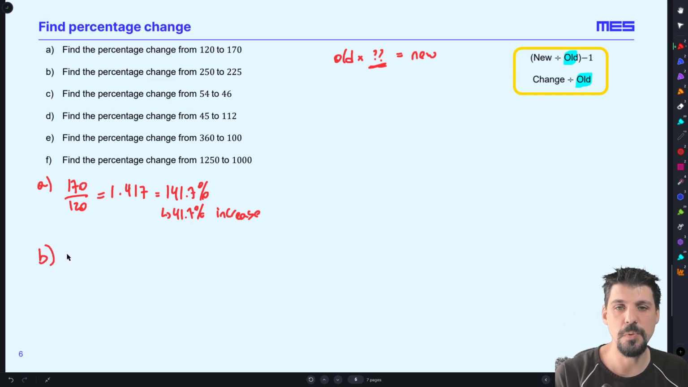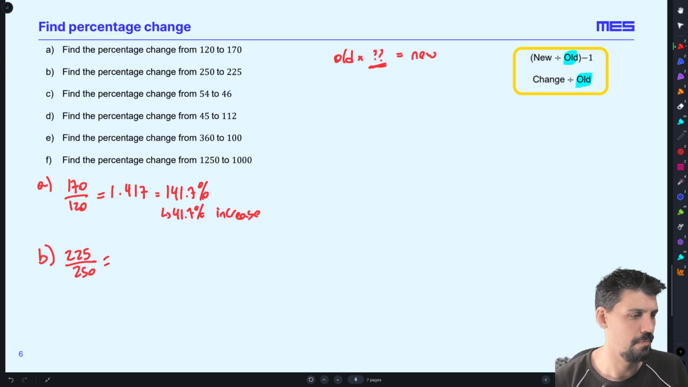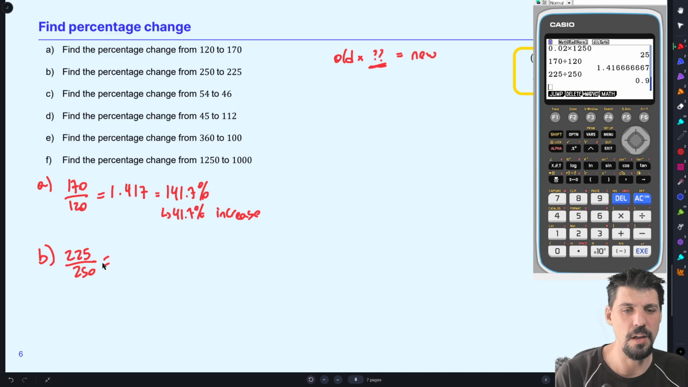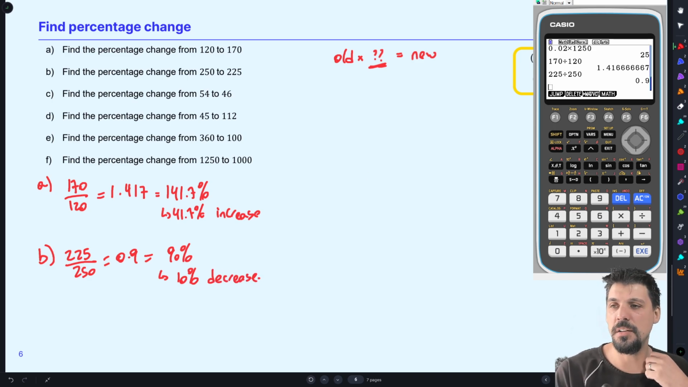Percentage change from 250 to 225. So 225 divided by 250, new divided by old. We get 0.9, which is 90%. So we have gone from 100% to 90%, which is a 10% decrease. All right, so here I've said new divided by old minus 1, or we can do it